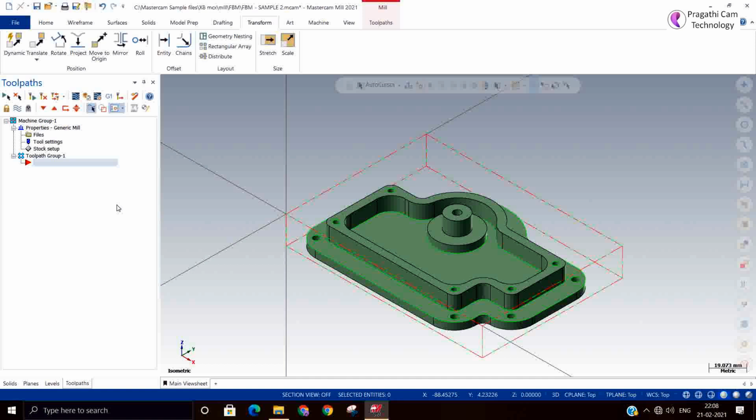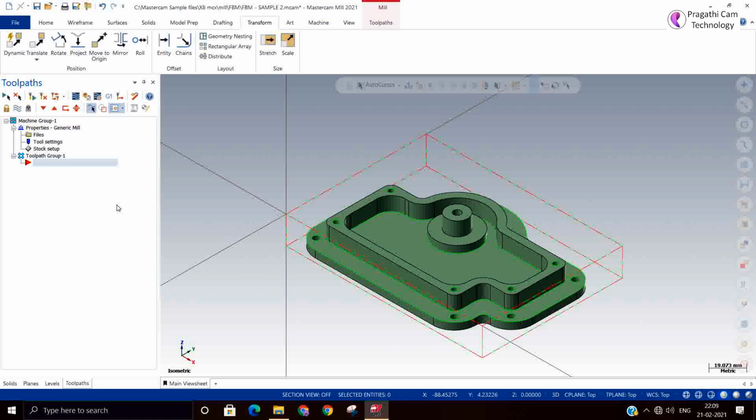So what is the disadvantage of this toolpath? It will make a lot of unnecessary toolpaths. But this toolpath is made especially for beginners, to easily learn how to make toolpaths. Very fast they will make the toolpath and feel satisfied. One more advantage is that you can utilize this toolpath for estimation purposes. Okay.